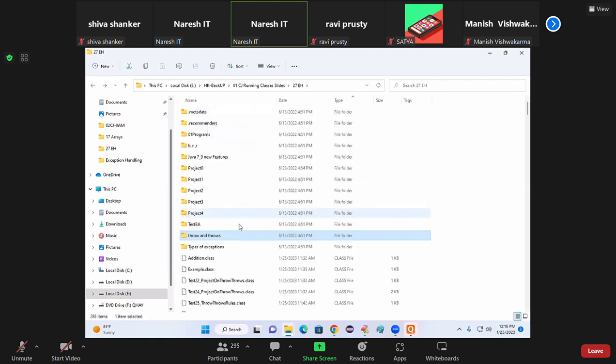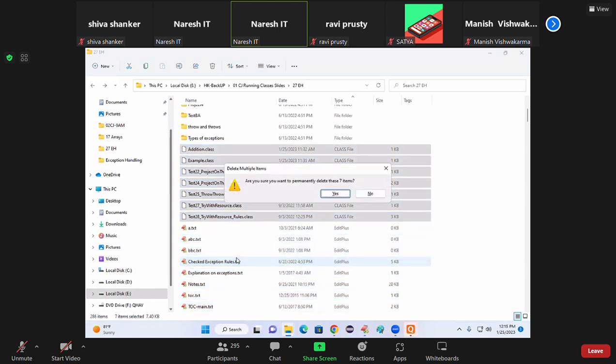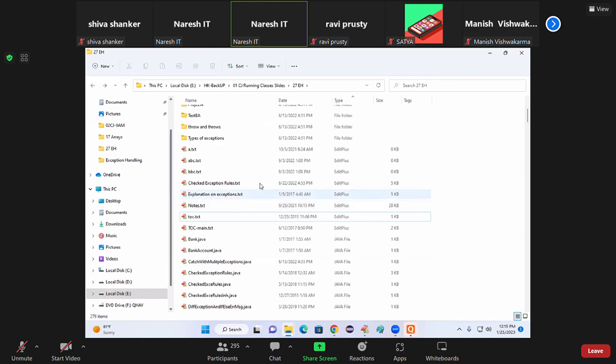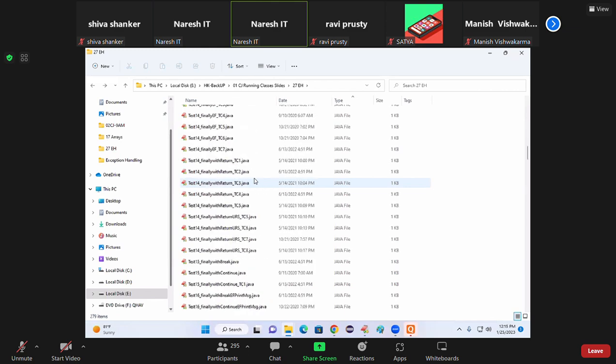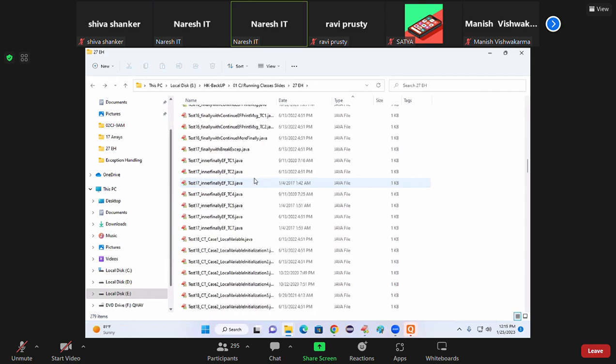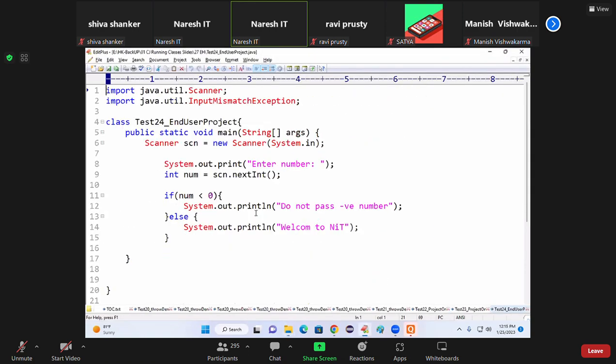Done. So these are all the points related to throw and throws keywords. And tell me, reporting a checked exception by using the throws keyword is mandatory. Reporting an unchecked exception by using the throws keyword is optional. Okay, I want you to develop one small project to show all these points. Write down: develop a project